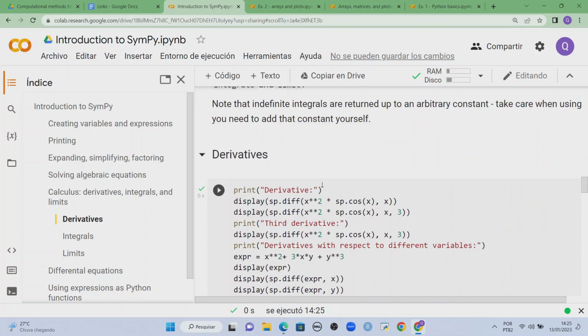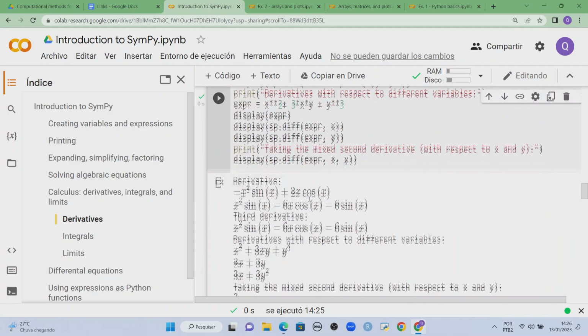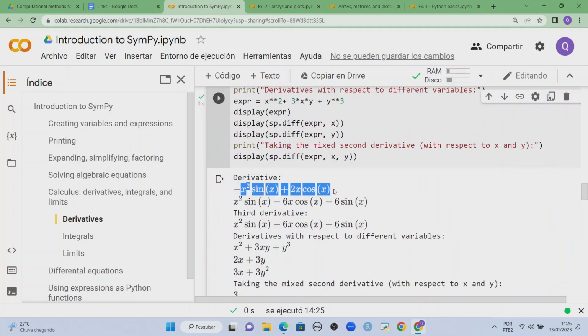So how does diff work, right? With diff, you pass the expression you want to differentiate, and then you pass the variable that you want to differentiate with respect to, okay? So I want to take this expression here and differentiate it with respect to x, okay? When you do this, you get